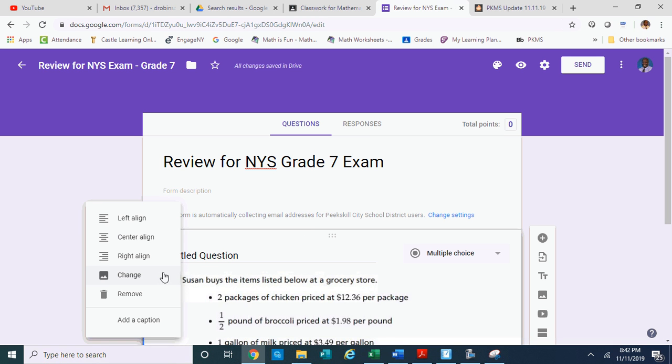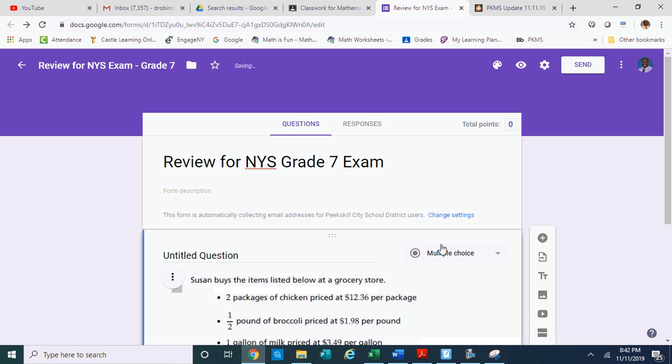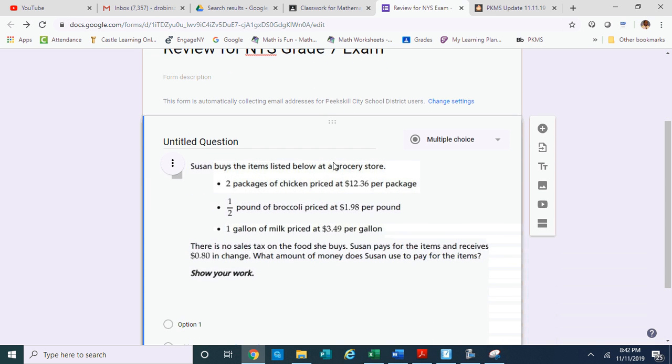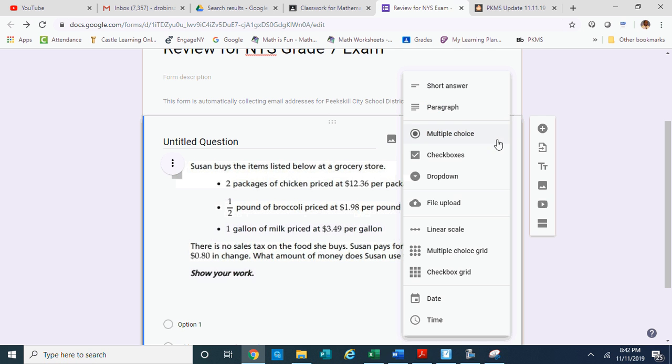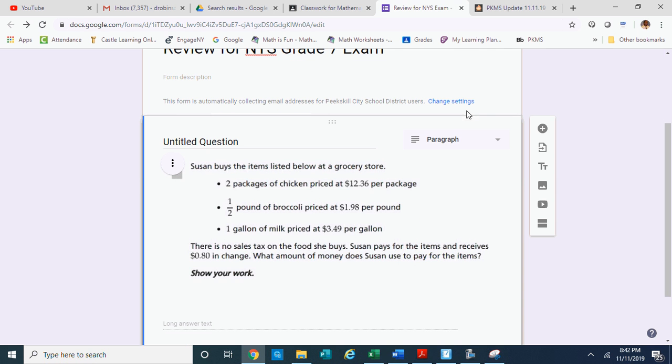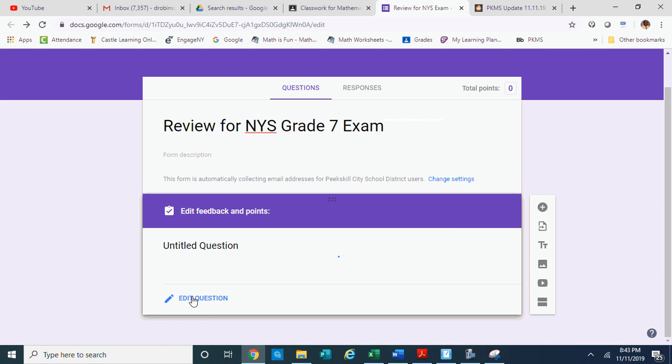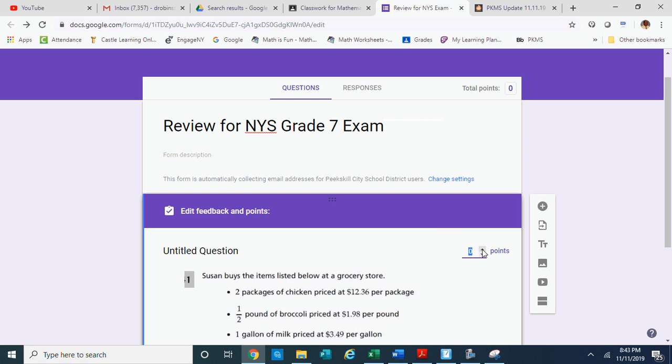So all I have to do is center it so it comes out nice and neat. And it's not a multiple choice question. It is a short response question or a long response question, and I'm going to make it a paragraph for them to show their work and type in the answer here so that way I can see what it is that they're doing. And I will grade it accordingly once I see what they wrote. So when it says answer key, I'm going to put in the point value for this. I'll make it a 3-point question, and